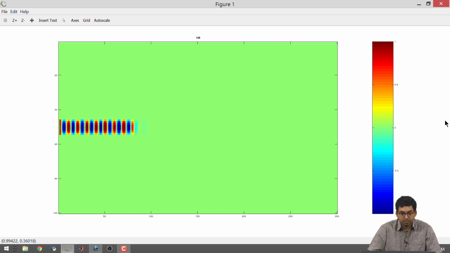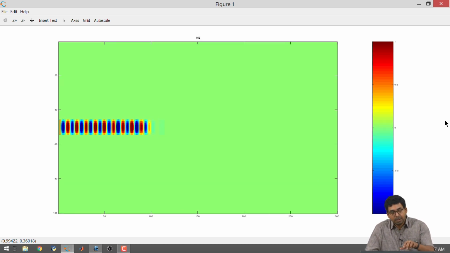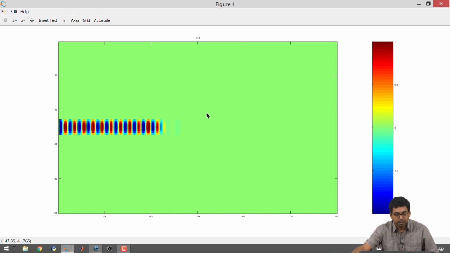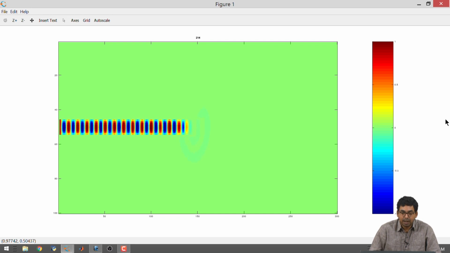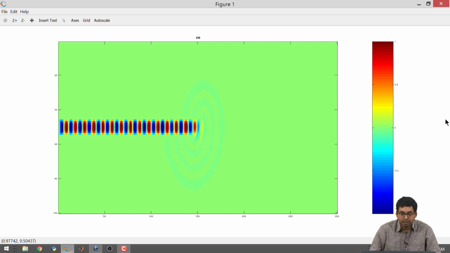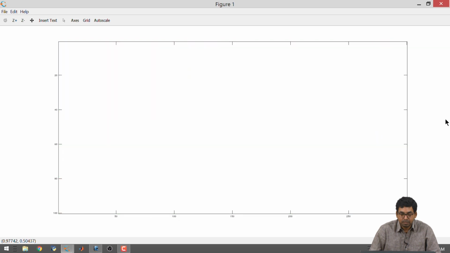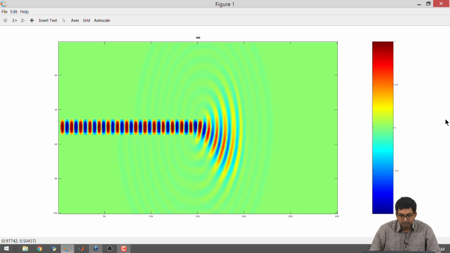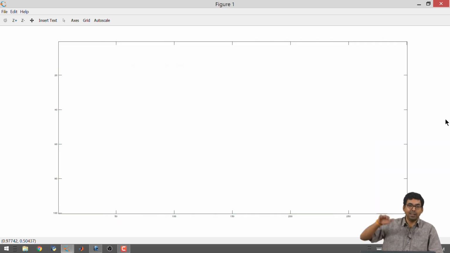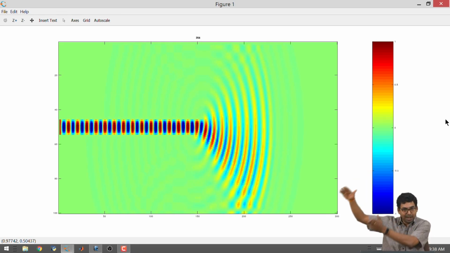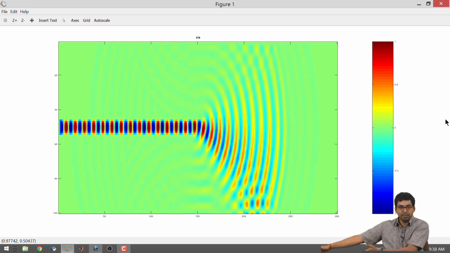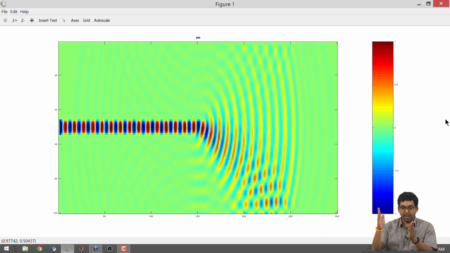So, about the center is where we should see that something happens. It should start exiting the waveguide. Okay, because one plate is longer than the other, it's actually directing a lot of the energy to the bottom side. Now I want to keep a second pair of plates going from the middle to the bottom, and I want to see what's going to happen.